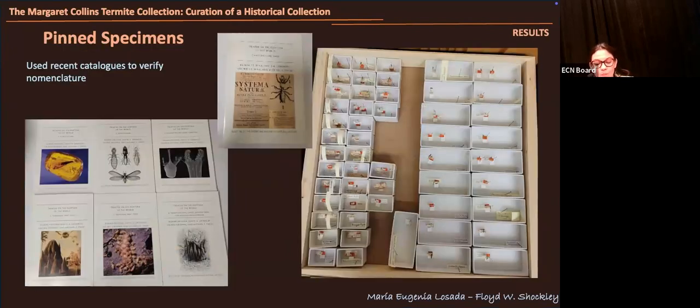About the pinned specimens, I needed to check that all the names were in the correct nomenclature before I created all the labels. And for that, I used the catalogs to be sure. So I used this very amazing new catalog that was written by Grimaldi and others from the American Museum in New York. It was awesome, very easy to use. And so, yeah, creating notes and organizing everything to be ready to then